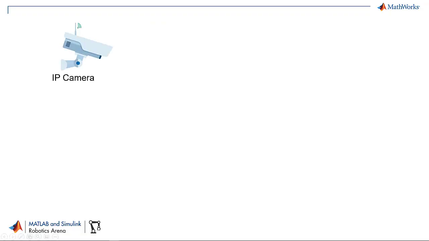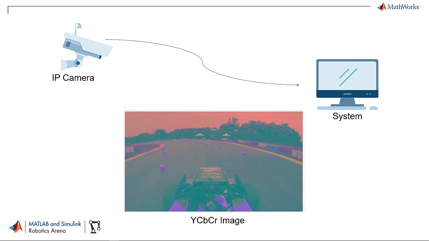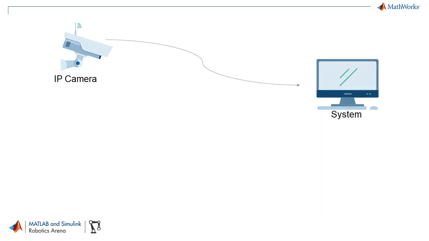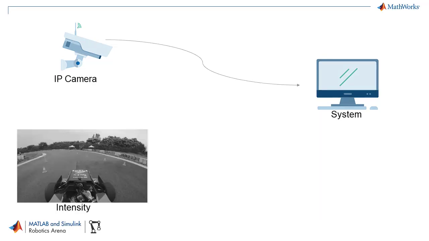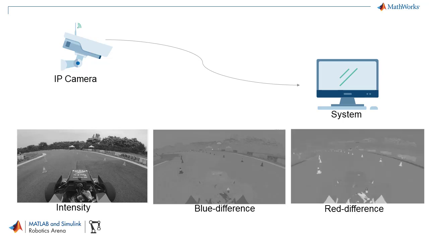But what if you're working with an IP camera that is transmitting a video over narrow channels and sends the image information in a different color space, let's say YCbCr? It would still be 3 channels, but each channel would represent something a little different. The first would be the luma component, which is the brightness of the image. The second would be the blue difference, and the third the red difference color information. So the next question that you may have is, when do we use which color space?